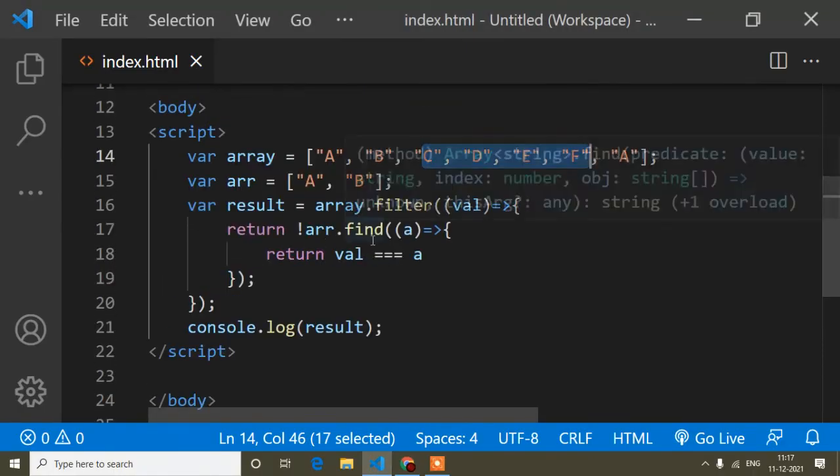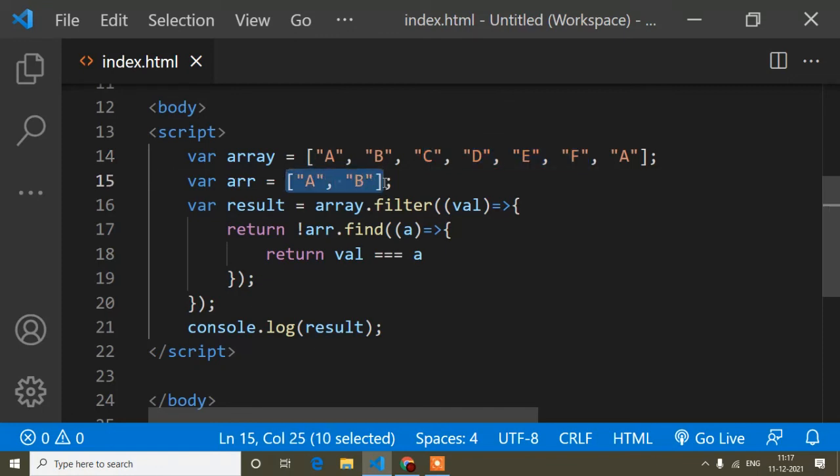Okay. So this is the thing I wanted to show, and this is a very important thing. If you work on any kind of live project, you may face this type of problem, and this will help to solve that problem. If you find any other video, you will just see how to filter an array using a value. But guys, this kind of thing you will never find anywhere.